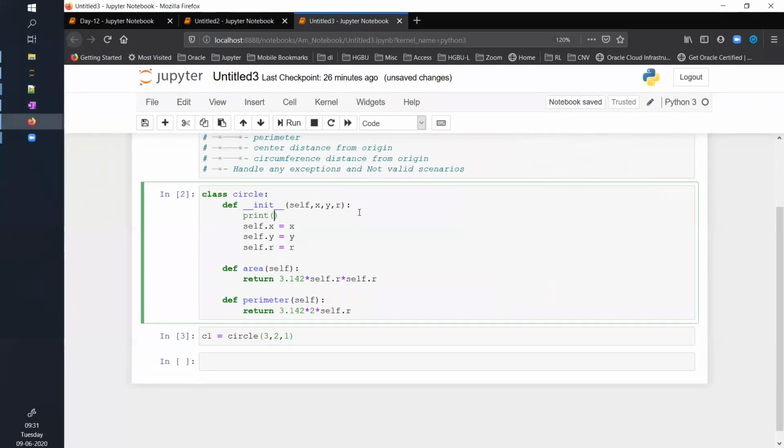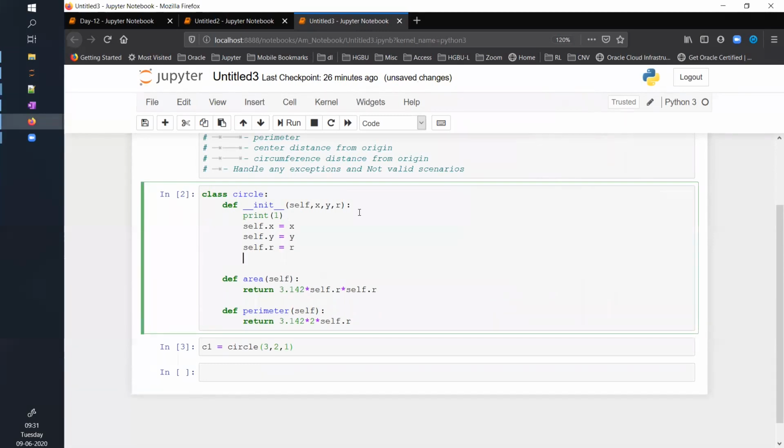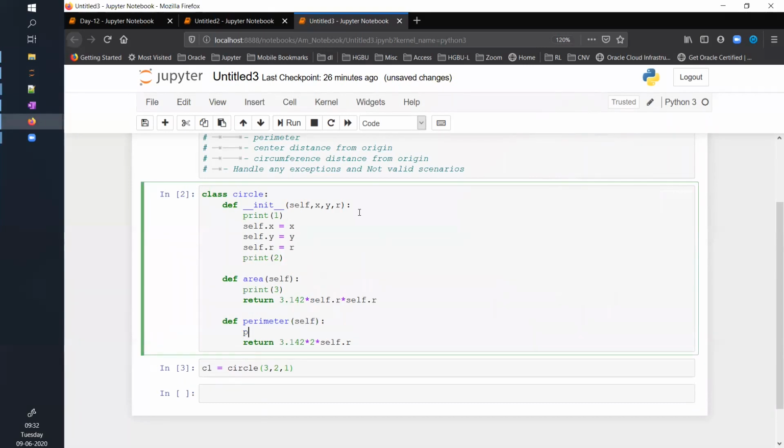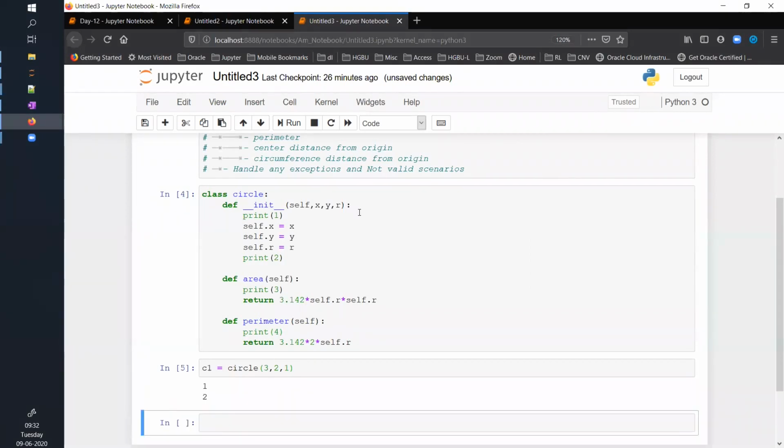Print 1, print 2, print 3, and print 4. Okay, now let me run this code.